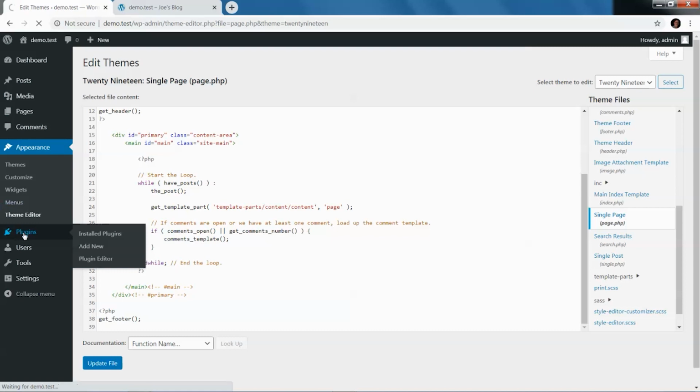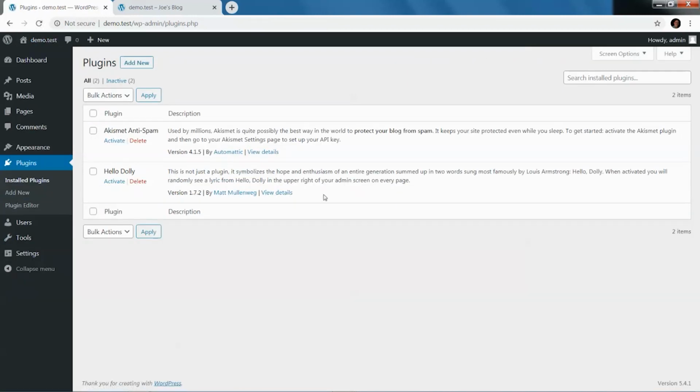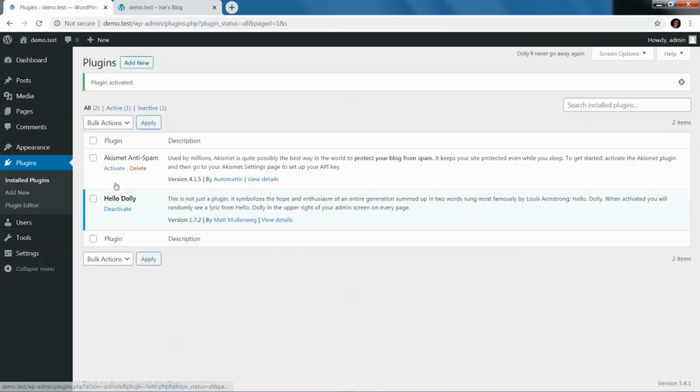As I mentioned, plugins. So this is your plugin area, and plugins allow you to see all the plugins that you have here. See, I have 2 plugins, but they're not activated. If I click activate, then it's available. And Hello Dolly, which just pulls in a couple of lines from the stage show Hello Dolly, just appears right here up in my browser. If I deactivate, you'll notice it goes away.